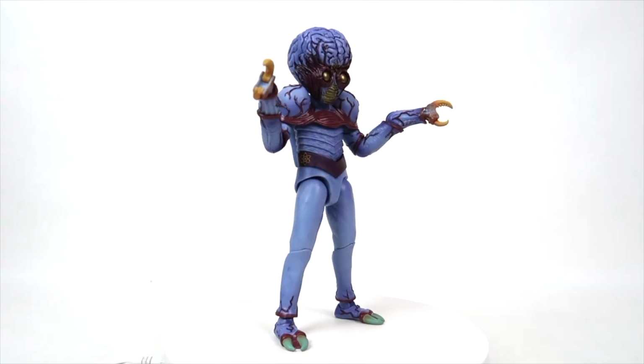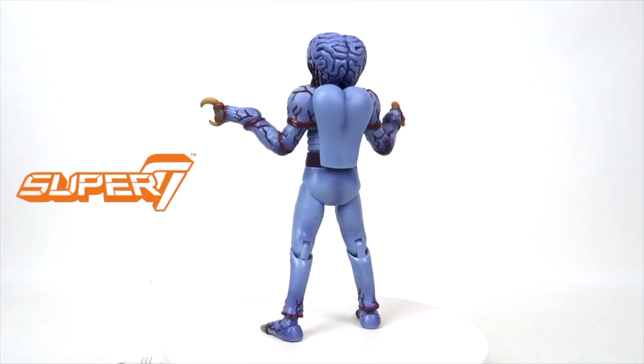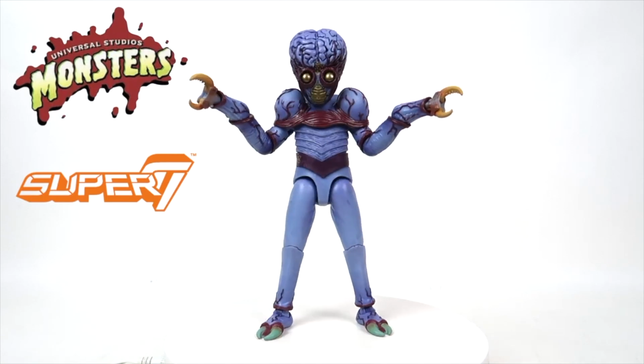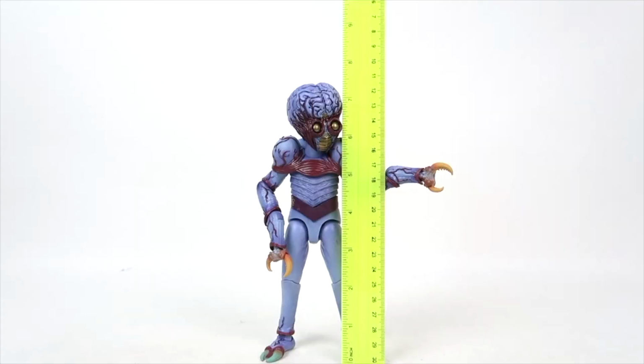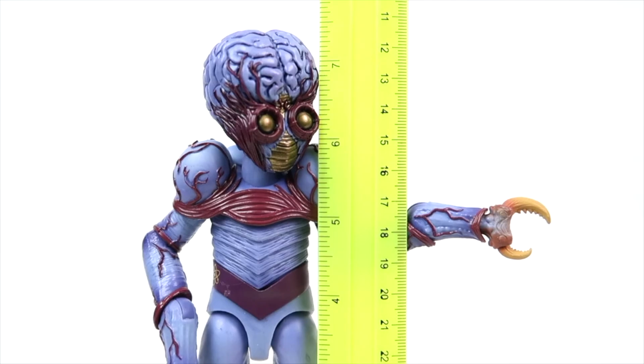ShinRobjira. Today we're going to be talking about the Super 7 Universal Monsters Ultimates Metaluna Mutant from This Island Earth. Right out of the box, the Metaluna Mutant Ultimate figure will be standing at just over 7 inches tall, which